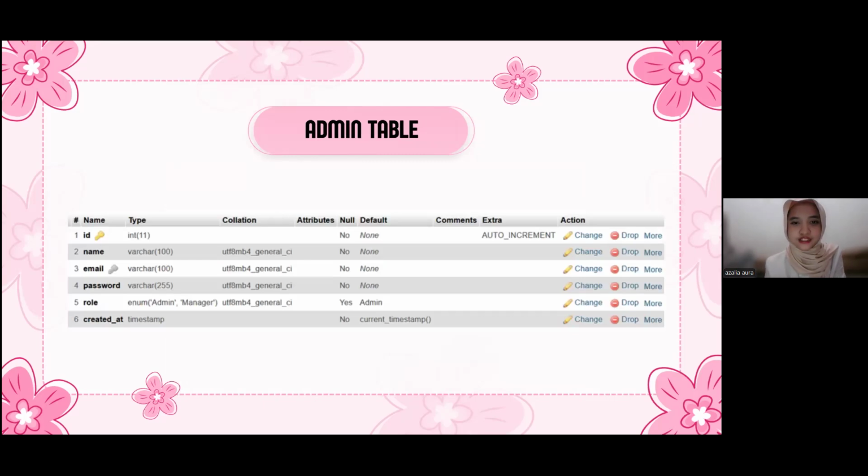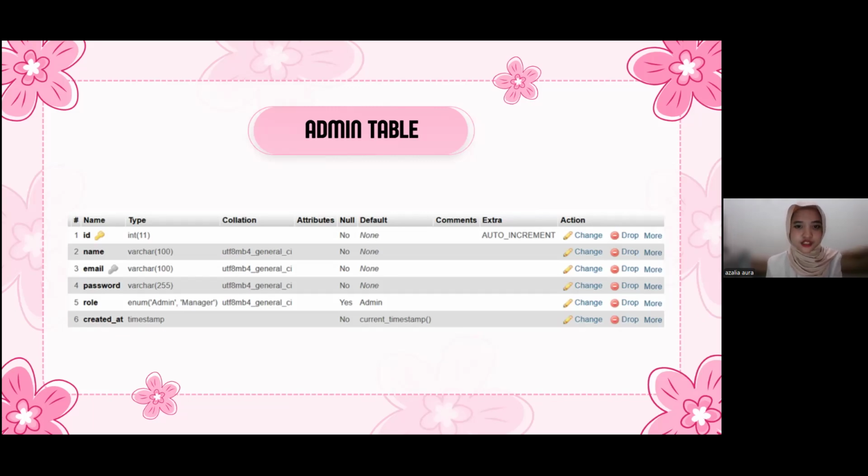This table is the database structure for the admin entity in the system. This table stores the data of the administrator who manages the system. ID, primary key, using integer type with auto-increment for unique identification. Name, the name of the administrator stored as text with a maximum length of 100 characters.